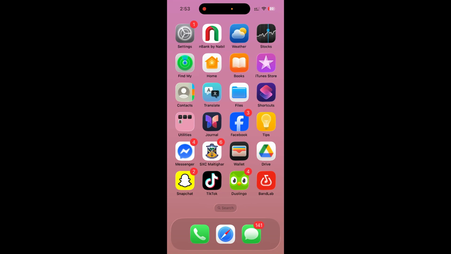Hello everybody, in today's video I'm going to show you how to start your first project in BandLab. Starting your first project in BandLab is the moment where your ideas turn into music. Whether you want to record vocals, create beats or experiment with sounds, BandLab gives you a full digital music studio